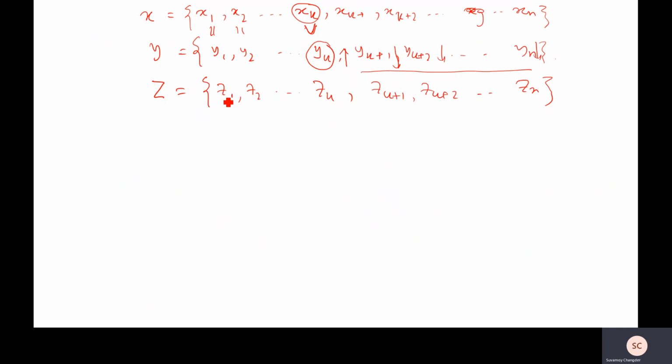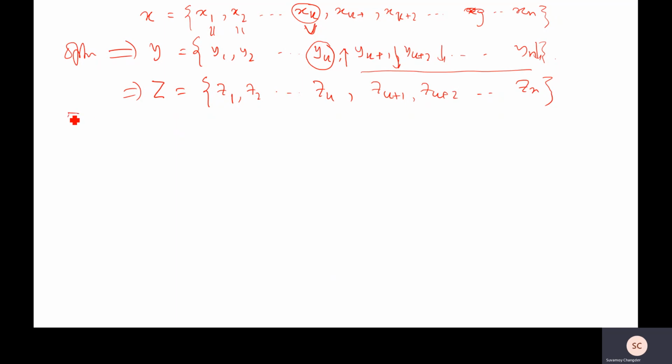Where x1 equals z1, x2 equals z2, xk equals zk, and zk plus 1 is less than yk plus 1, zk plus 2 is less than yk plus 2, and so on. Now, what is the profit change from y to z? Okay, y was the optimum solution we have considered. Now we have changed y to z. Now we have to find what is the difference between y and z.